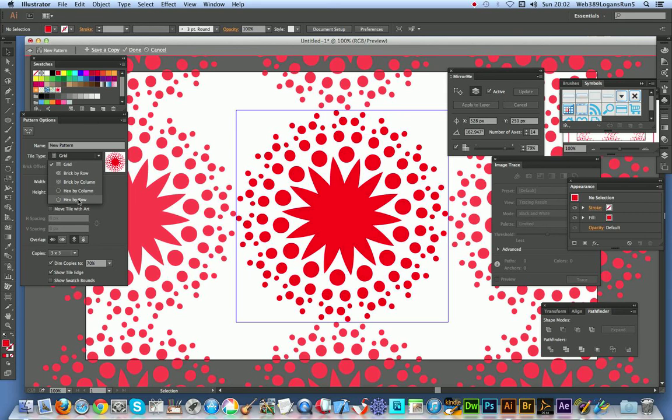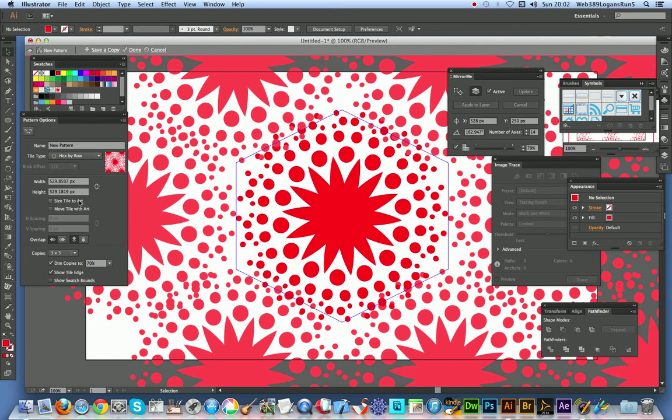Of course you can set different settings like here, hex by row, which I think makes it even more useful with the symmetrical design. So at this point I'm just going to save a copy. I like that one, so save a copy. Of course you can move various items around, change the pattern outside, or you could recolor things if you wish. So I'm just going to maybe make that